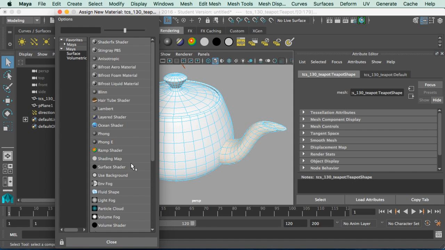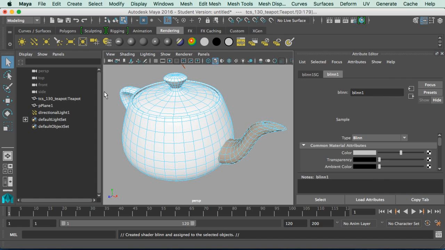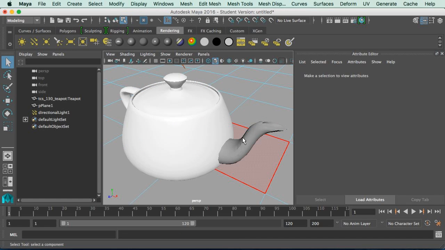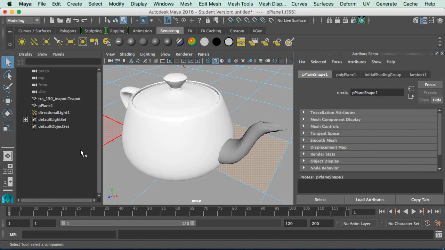I'm going to choose good old Blinn or Phong. Let's just do Blinn since it's at the top. There we go. Now a new material has been created, and I had it selected a minute ago. The properties were over here inside of our